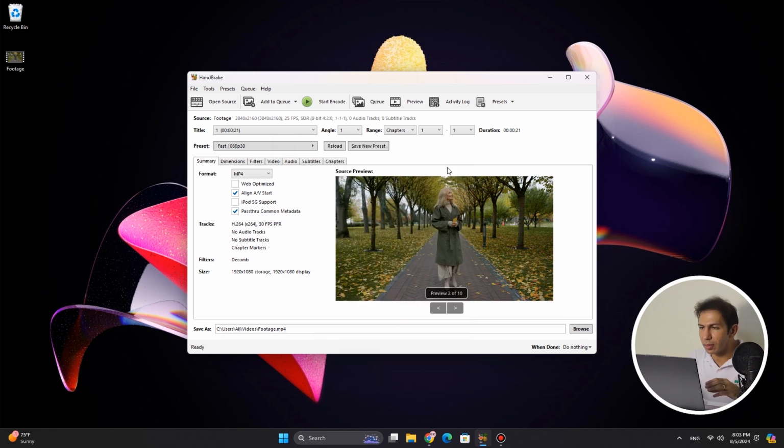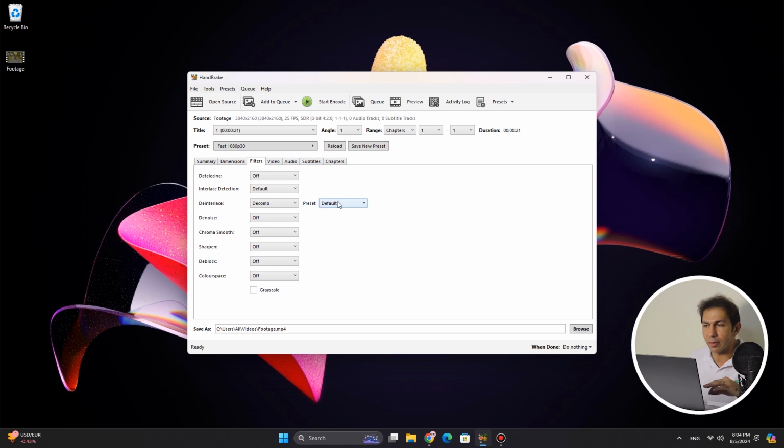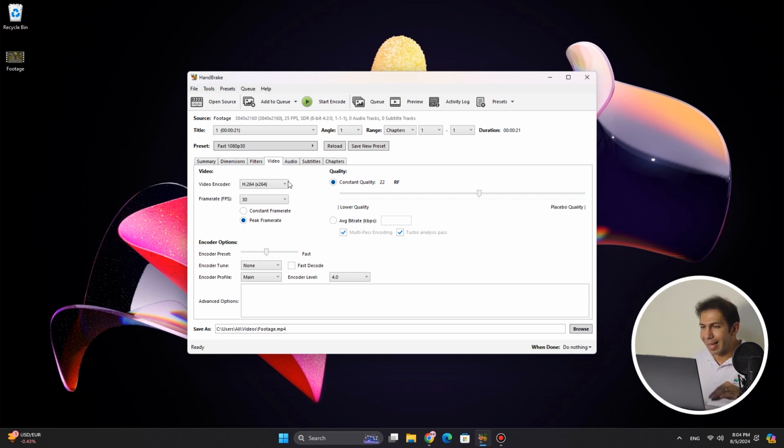There are many other options here, so I just pass through them fast because we want to concentrate more on the main adjustments. Here, for example, you can change the size of your video in the Dimensions tab. You can also apply a filter on your video here in the Filter tab. For example, you can denoise or make your video grayscale. Here in the Video tab, I select H.264 as my video encoder, which is suggested by YouTube. Specify the frame rate option,